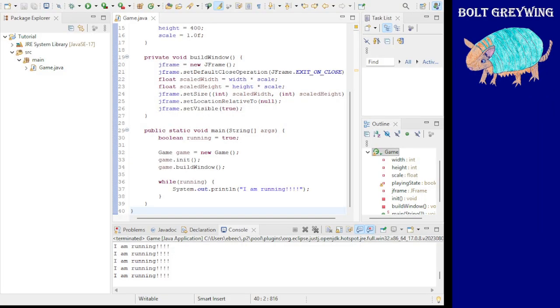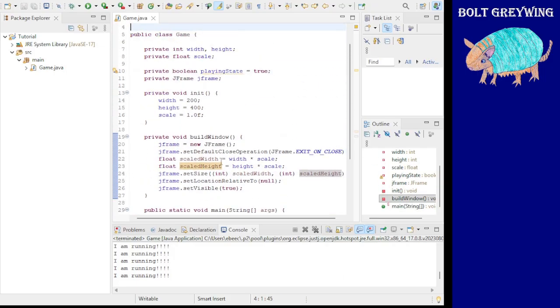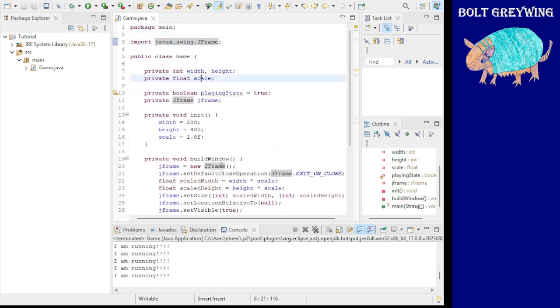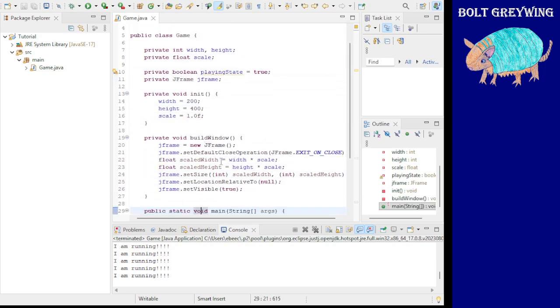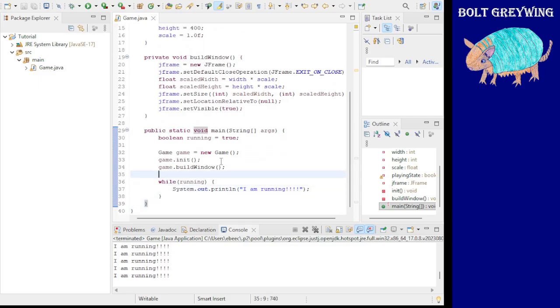So if we click close, it's going to close. And so now we know that it's working. So we have the same behavior that we had previously. So nothing has changed,